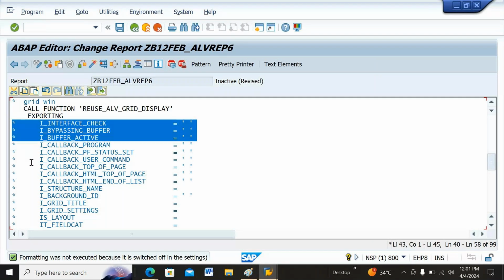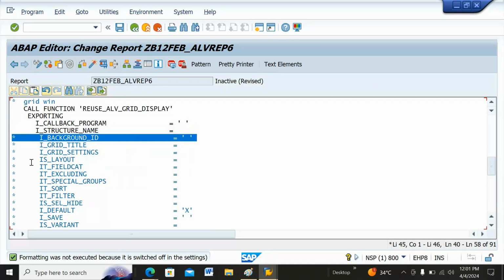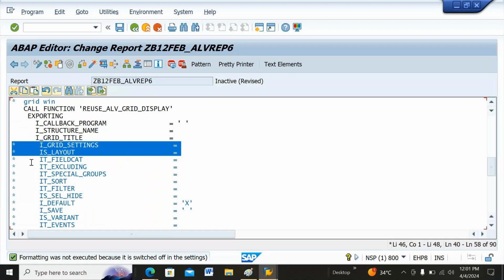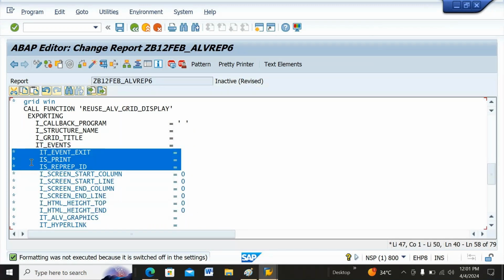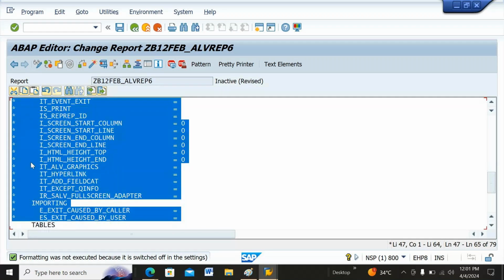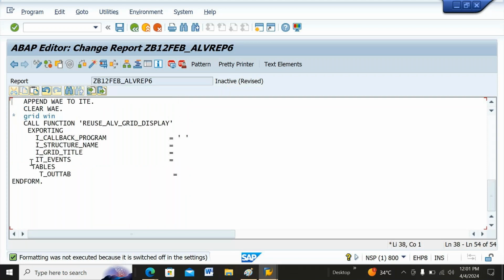Okay, compulsory I_callback_program, for interactive, I_structure_name and title. The next, we need to use events. So here I_callback_program equal to, I'll mention within quotes, you must mention sy-repid, and I_structure_name equal to, within quotes, you should mention MARA,